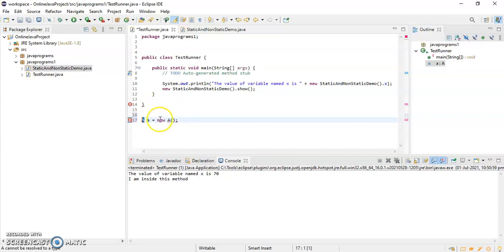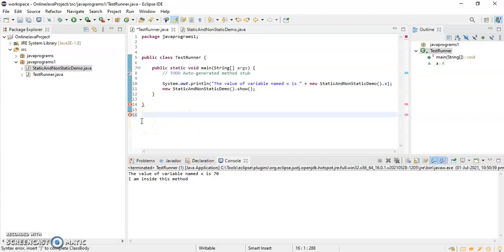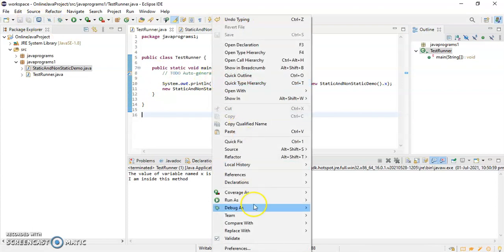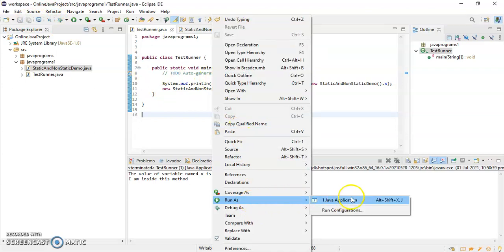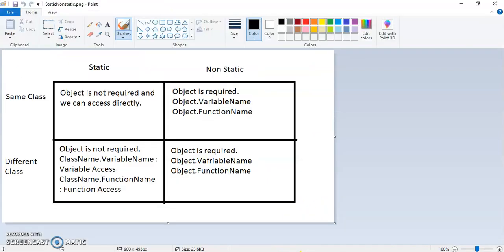So instead of creating a reference variable and assigning the object to it, directly you can use this also. That is the reason I am using that one. If I run this, I'll get the output. I hope you are clear on the difference between static and non-static.